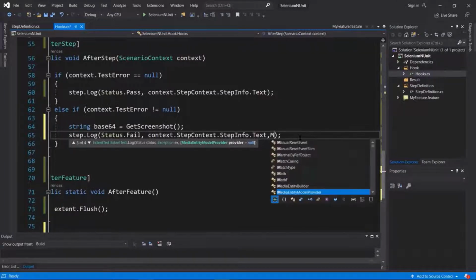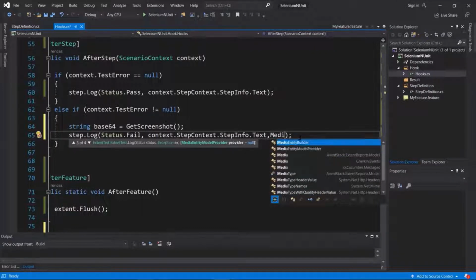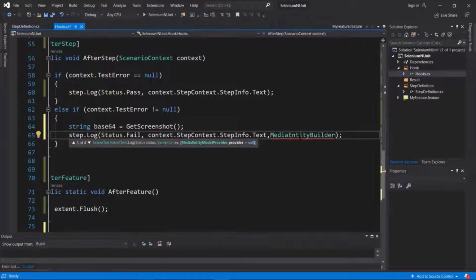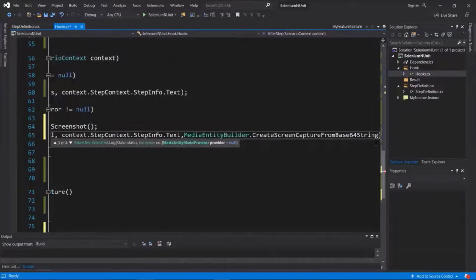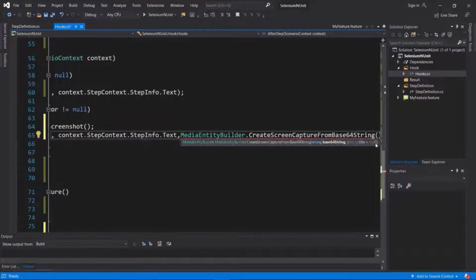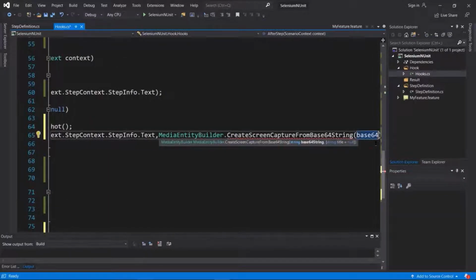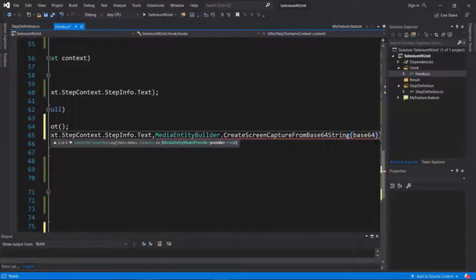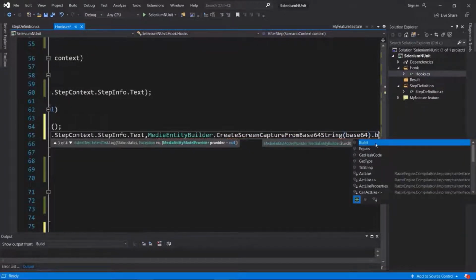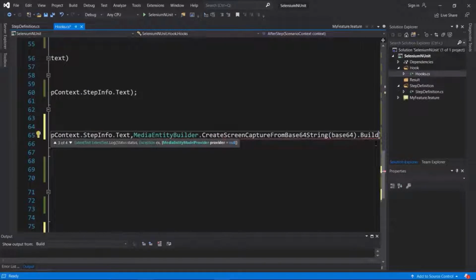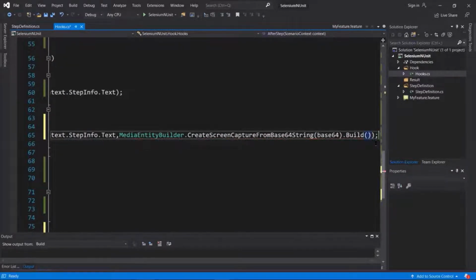So I'll type MediaEntityBuilder, and then we'll select the method called CreateScreenCaptureFromBase64String. Then we'll provide the captured base64 string to the method. After that, we'll type the .Build method. This will build the image based on the string which we have provided, and the same will be displayed in the extent report.